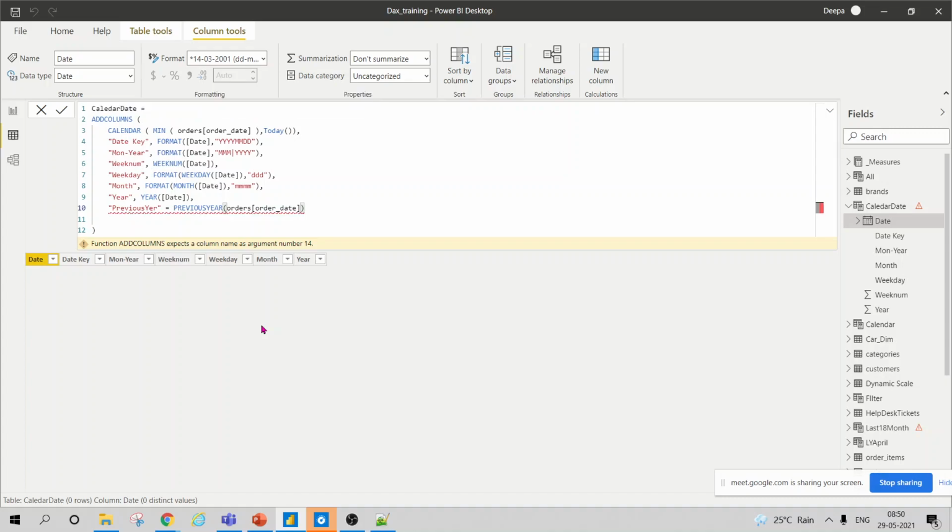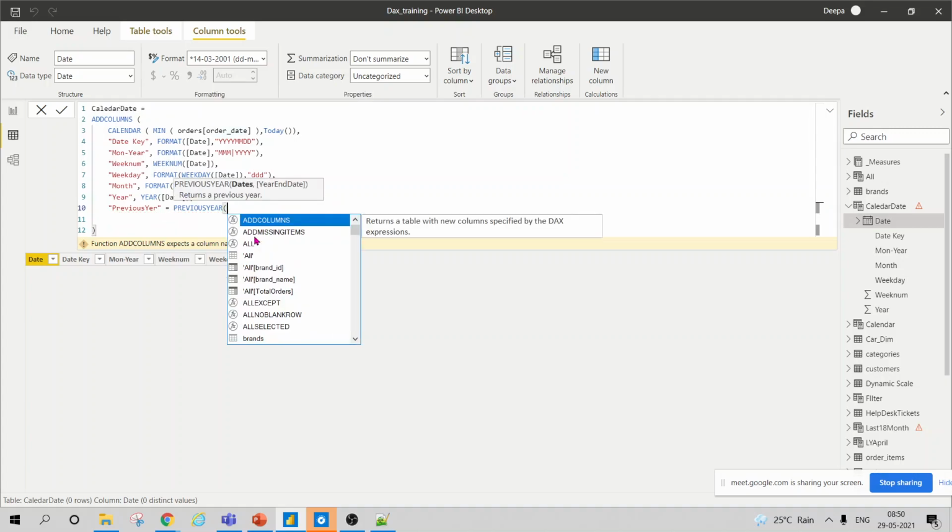It's not working here. Add column expects a column name as argument number 14. So it's not taking this.